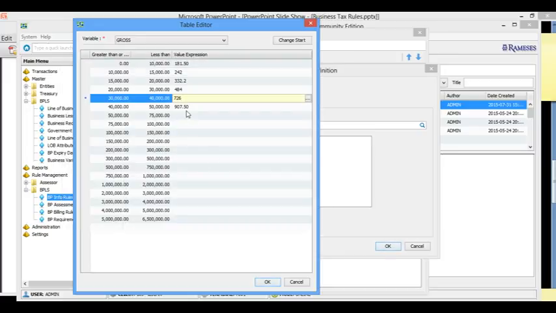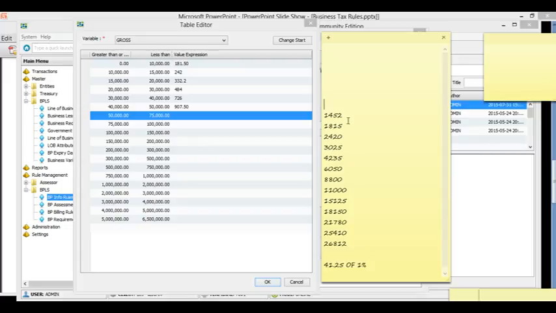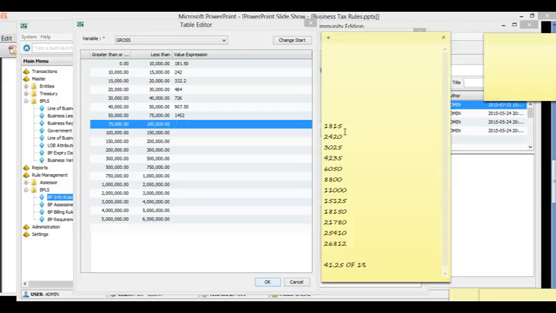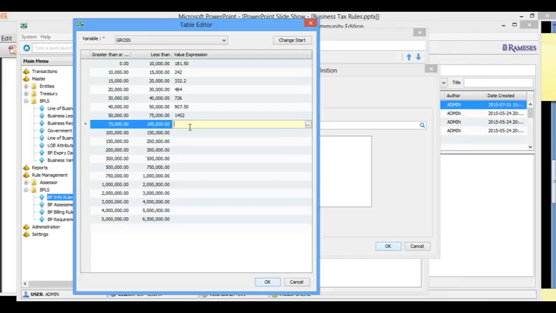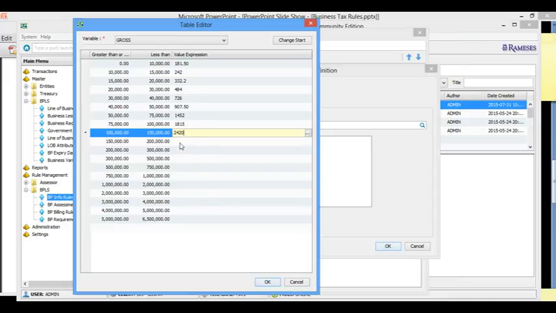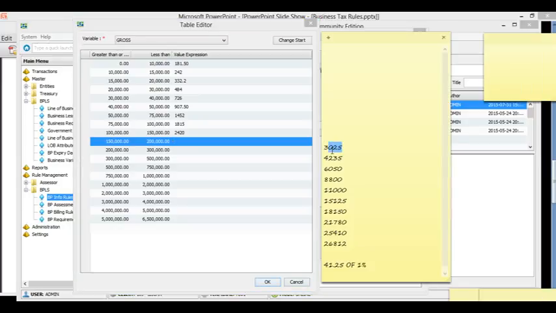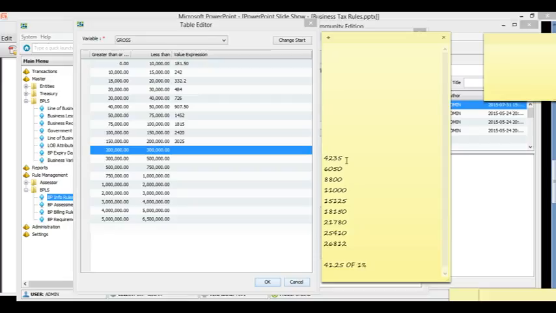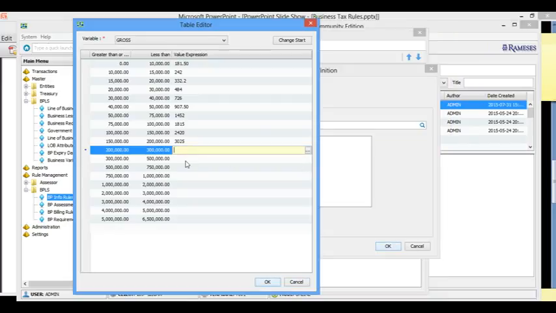So don't press enter, just press down. Don't press enter. 1452. Just press down. 1815. Just press down. 2420. Press down. 3025. Press down again. 4235.